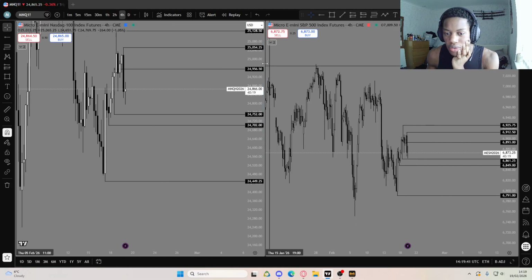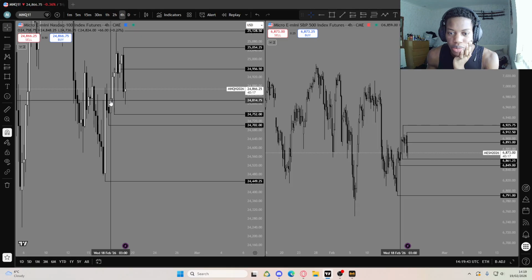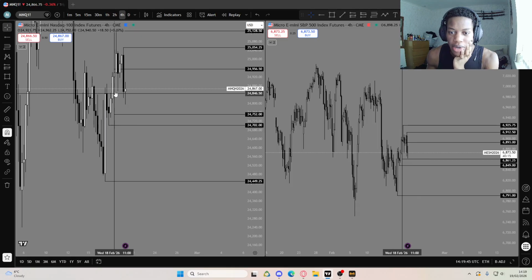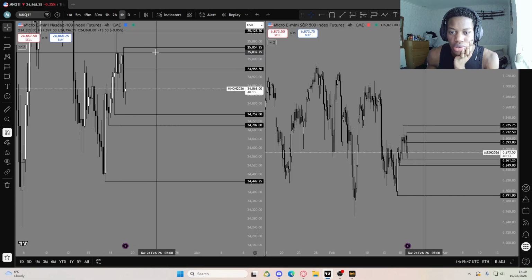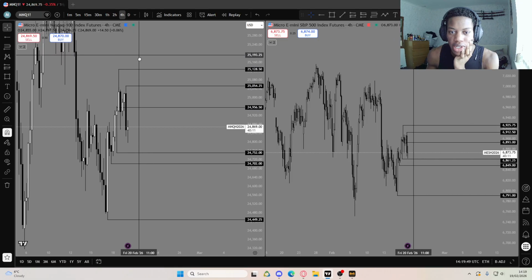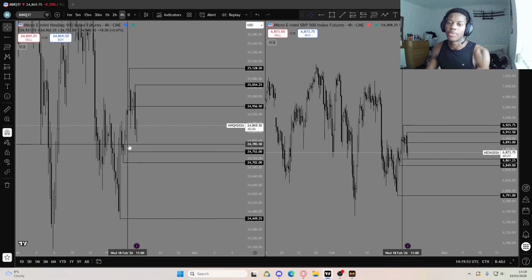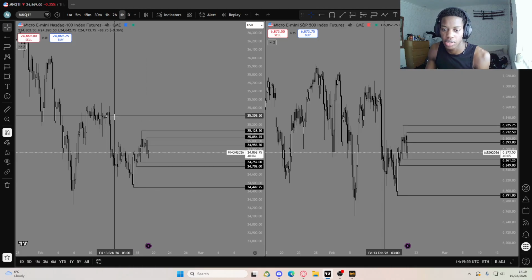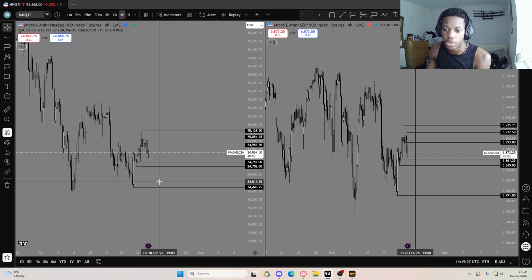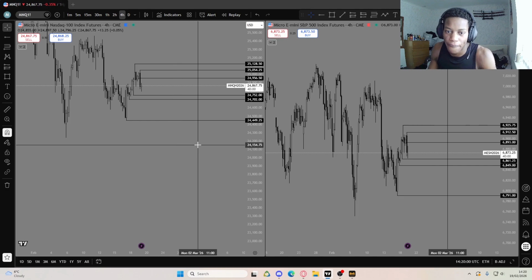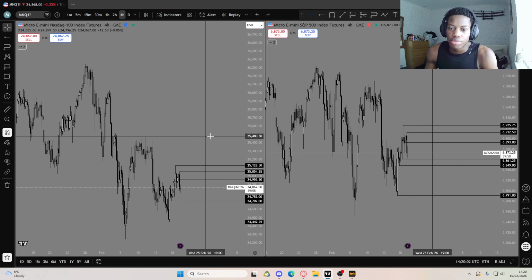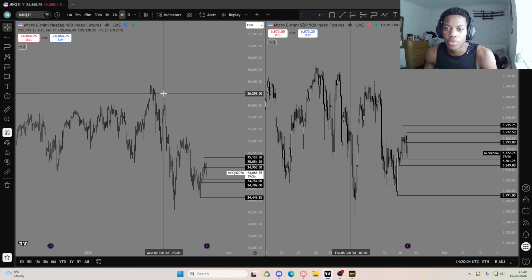Let me just analyze this 4 hour. So we didn't really break structure there. Came down and then we broke structure. We swiped out that high, filled in that fair value gap, and we broke structure again back down. So I think that was a little retrace to cover up that big move down before going strongly down even more. Let's see if we're correct or not.